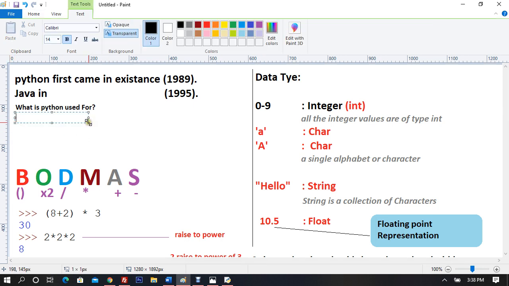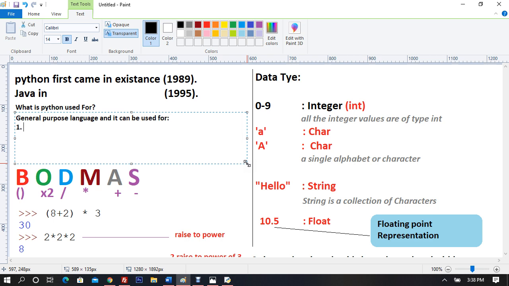And what is the answer? Python is a general purpose language, and it can be used for, number one, machine learning and artificial intelligence, as it is the number one language used for that.